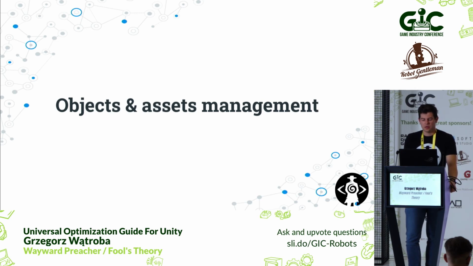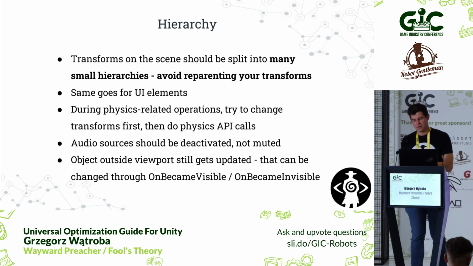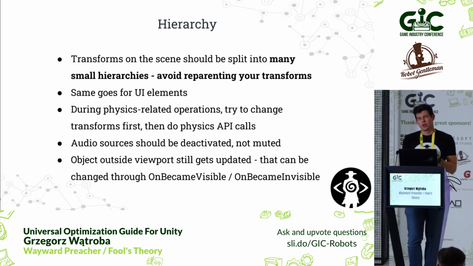All of those options are visible in import settings of specific assets or some settings in the project. But first, hierarchy. This is also quite a funny thing. Transforms in the scene should be split into many hierarchies instead of one common root parent. From Unity